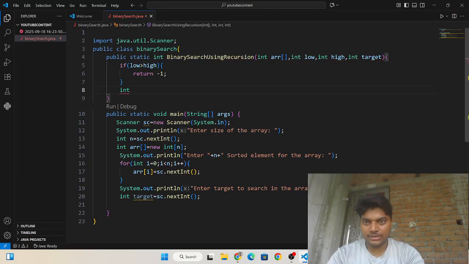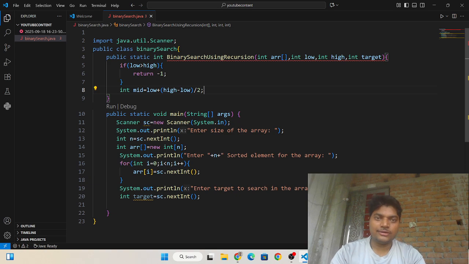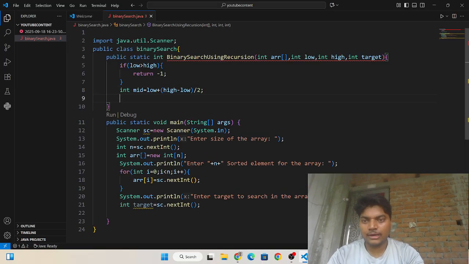And if not, then you need to find the mid of the array. So I need to write int mid is equals to low plus high minus low divided by 2, by which you can avoid stack overflow.